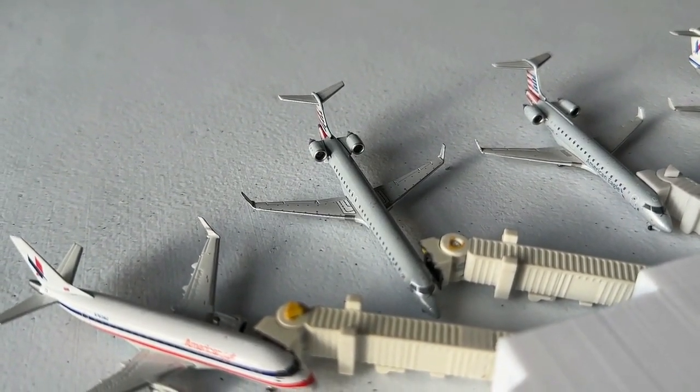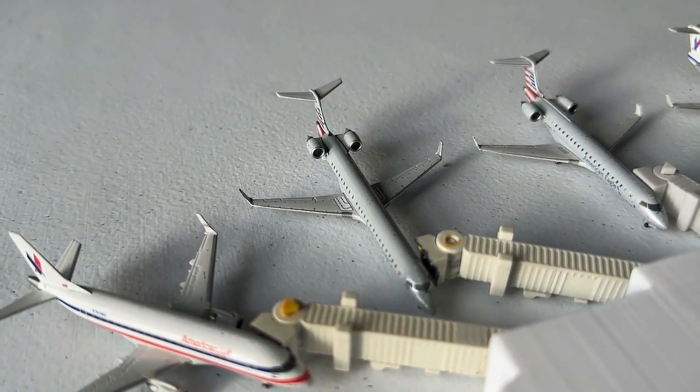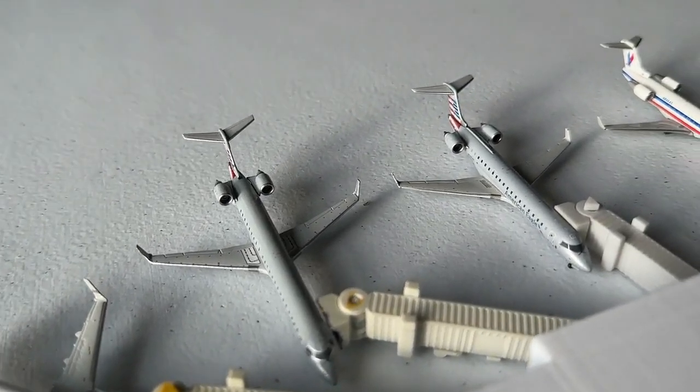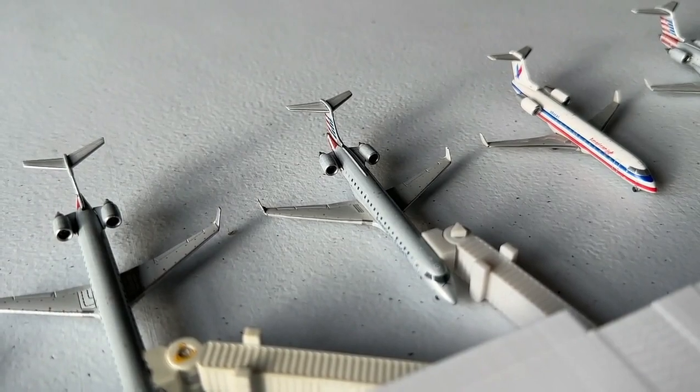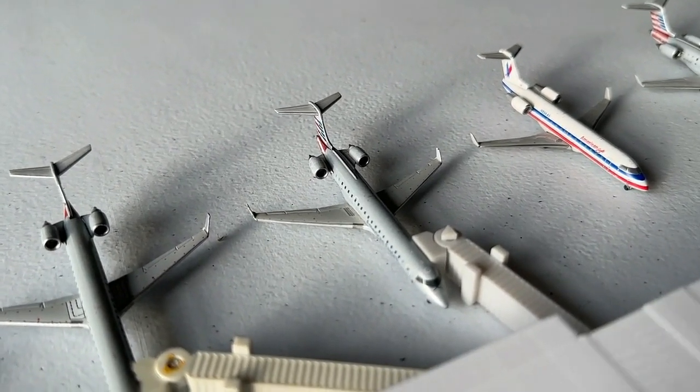This guy's coming in from Panama City, and this guy's heading back out to Florida. This guy's continuing over to Fort Myers. Here we have the CRJ-700. This guy's loading up for SkyWest. This guy came in earlier today from Tyler, Texas, and this guy's continuing back out to Texas, service out to